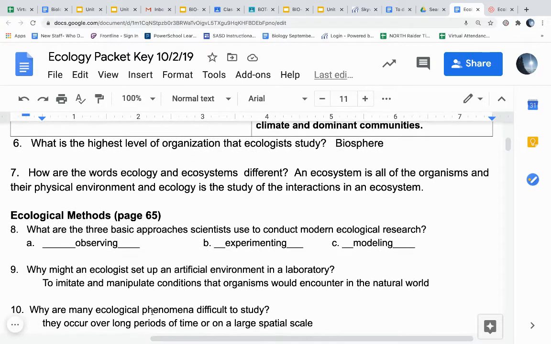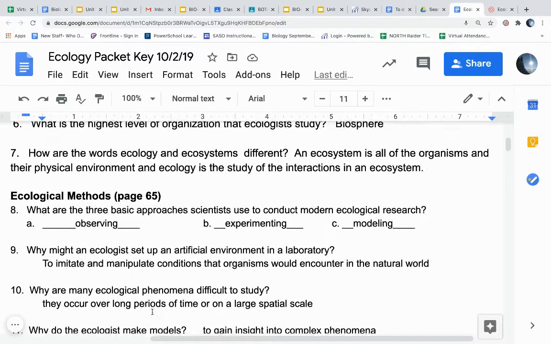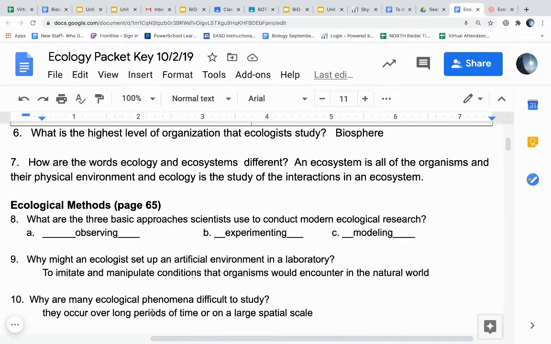Number 10, why are many ecological phenomena difficult to study? They occur over long periods of time, maybe even millions of years if you're talking about evolution and natural selection, or on a large spatial scale. So perhaps across an entire state or Yellowstone National Park, which is millions of acres. So pretty difficult to study that. Takes a lot of time. And these processes are slow to begin with. So even in one human lifetime, that might not be enough time to really gain the full understanding of the